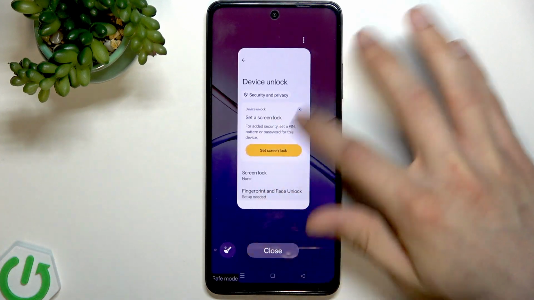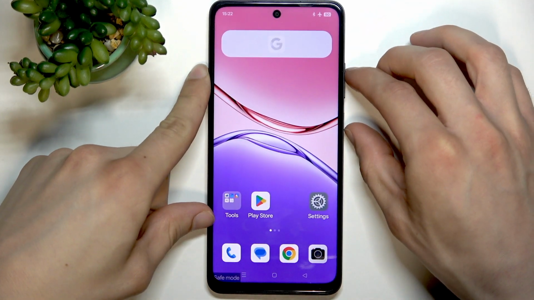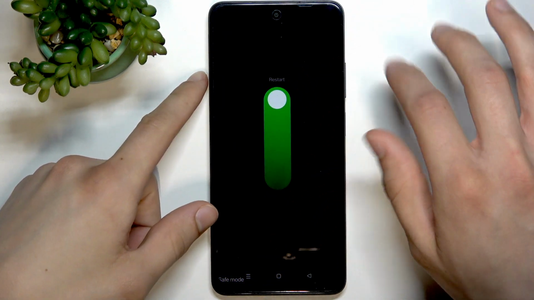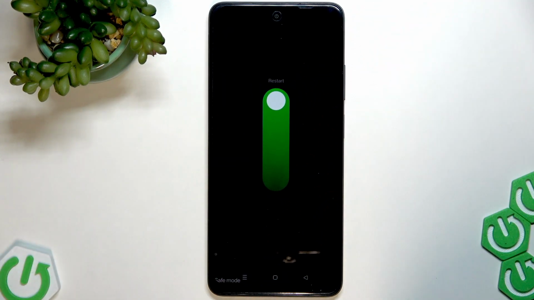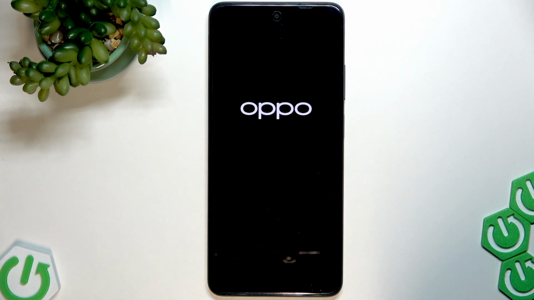Now simply reboot your device by holding the power key and the volume up button and selecting restart, and wait until your device reboots. And in case you didn't succeed signing in the safe mode, then what I